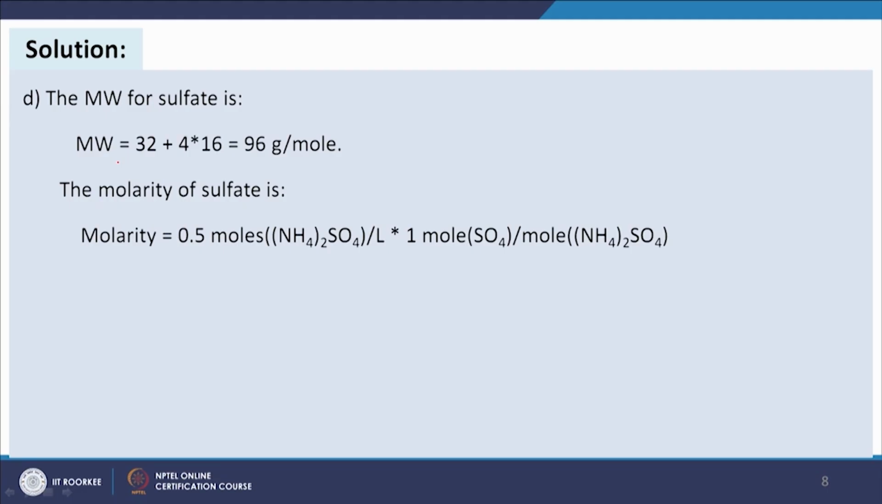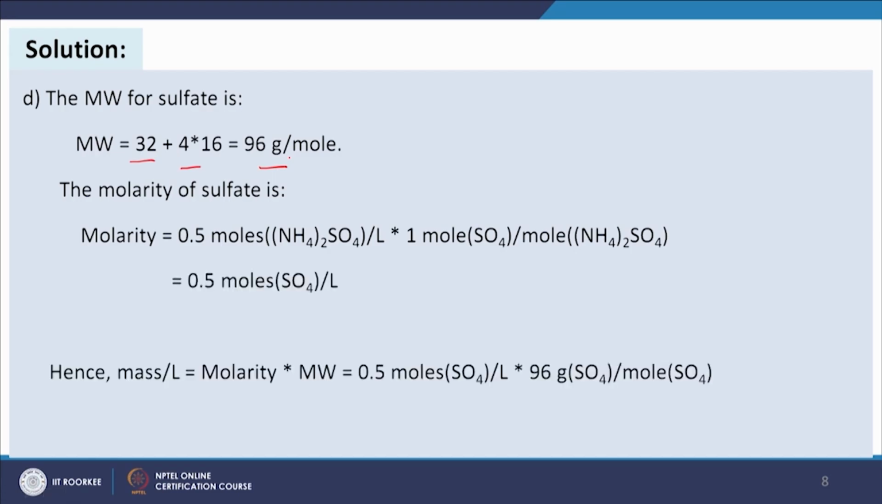So, SO4 is 32 plus 4 into 16, so 96 gram per mole, and the molarity of sulphate, how will we get it? It is 0.5 moles, this is the molar strength we have of ammonium sulphate. Now, I have to convert in terms of sulphate. So, we have to multiply by 1 mole sulphate per mole of ammonium sulphate. So, in this case we are getting 0.5 moles sulphate per liter, because